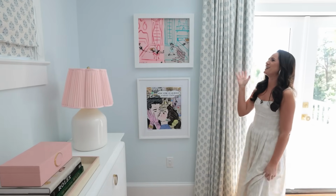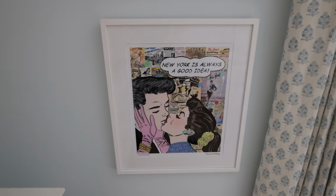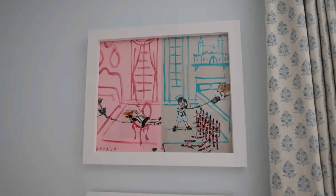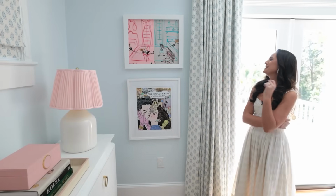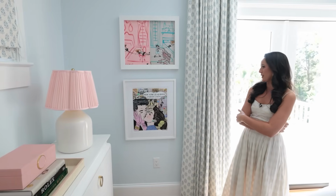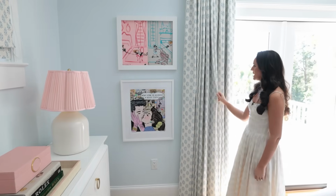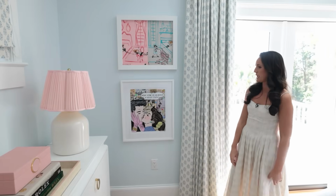I love this Donald print that he did. I've always been obsessed with Eloise, and my husband's always on the phone, so that's kind of our thing. You'll notice a lot of phone things around the house, so that makes me really happy. And then we have another little pop art. New York's also kind of our thing, so I wanted some happy, fun art in here. We did a pretty little print on the drapes, and I just wanted this room to feel happy and